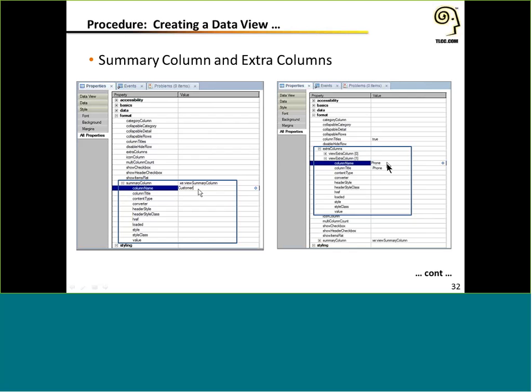Now over here, we can see where you can go to add extra columns. If you were to click in this cell here to the right of where it says extra columns, you would see a little plus button, and you can click that to add as many extra columns as you need. And essentially the same thing: first, you need to define a column name. And that's all you need to surface it, but if you want a different title than the default, you can also override the column title. Now, column titles are optional in a data view, so it's up to you whether you display them. By default, if you display them, column titles will match the column name, but you've got this extra property to override if you'd like to.